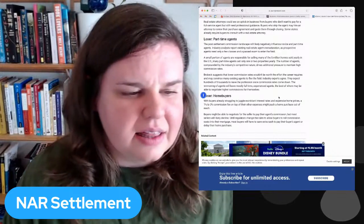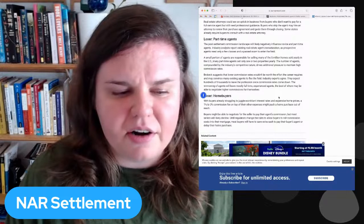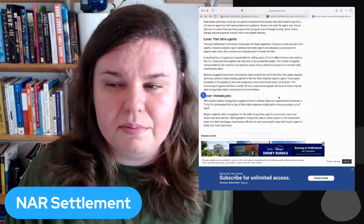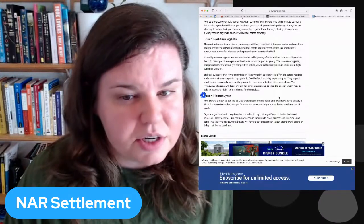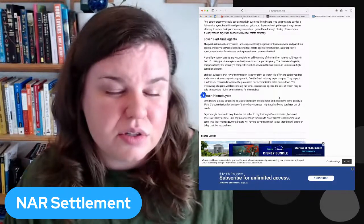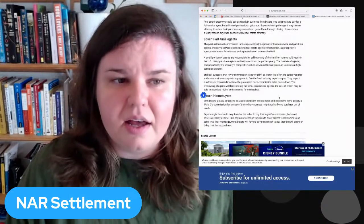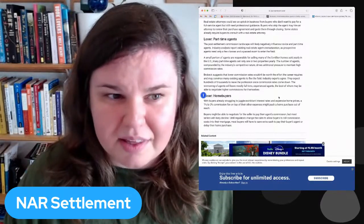Okay, so this says that home buyers will pay a 1 to 3% commission fee on top of their other expenses. This can be true. But we have to think about this. Were buyers already paying commissions? Yes, because it was in the price of the house. So they were paying it over the length of the loan, essentially. And that's still going to happen. It is my belief and the belief of several other people that I work with that if sellers want